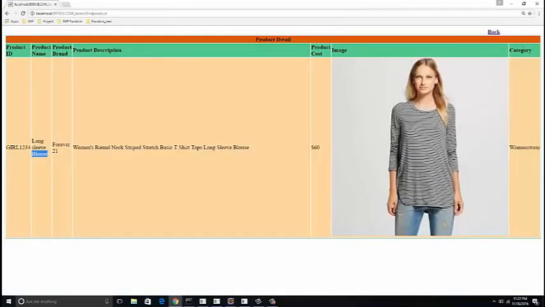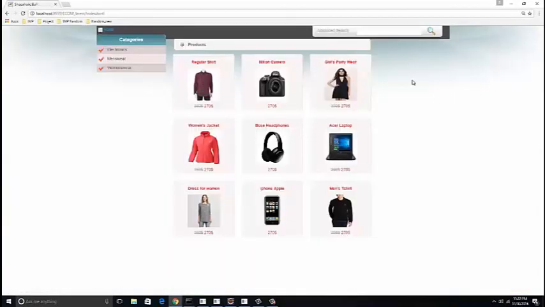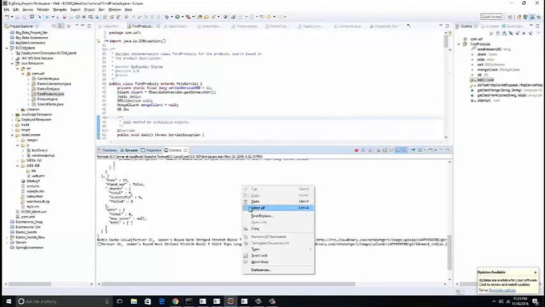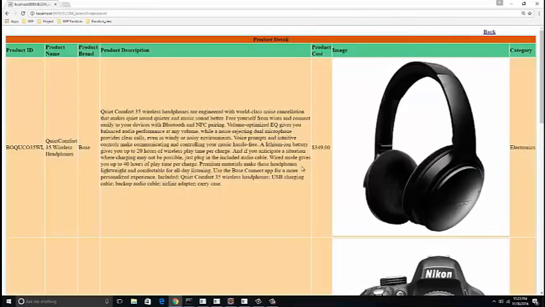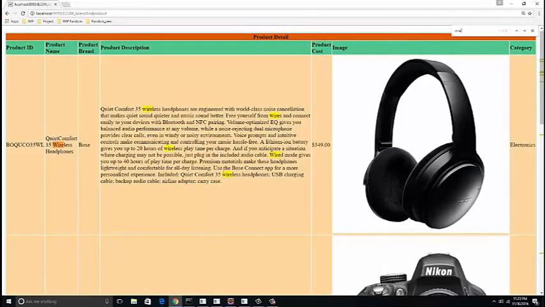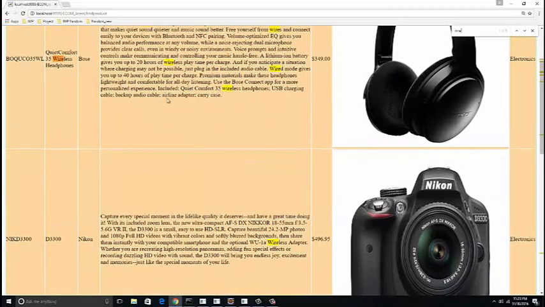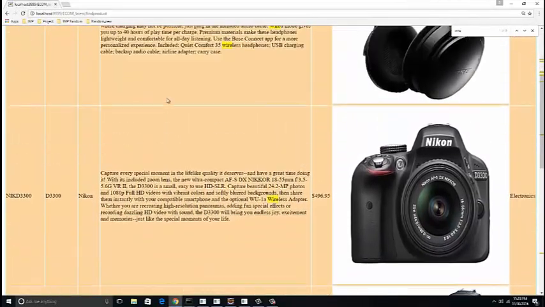Now I'll be explaining wildcards. So in wildcards, when we search for any term, in this case wire, not only products that contain wire but related terms such as wired, wireless or any similar term will be included in the search result. Clearing the cache. Now as you can see, we have a lot of products which have wire, in terms of wireless, in it. So all these products have been listed here.